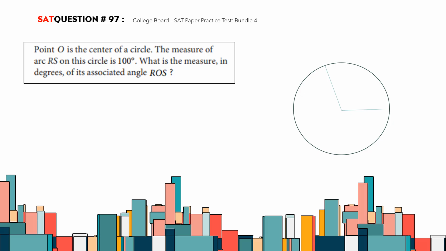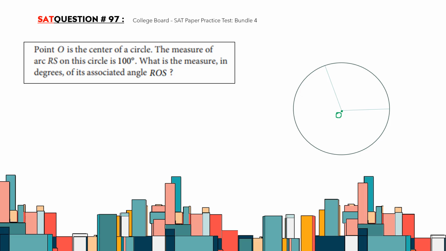Point O is the center of a circle. The measure of arc RS on this circle is 100 degrees. What is the measure in degrees of its associated angle ROS? At the same time, while reading these questions, we can draw the circle with the center O,